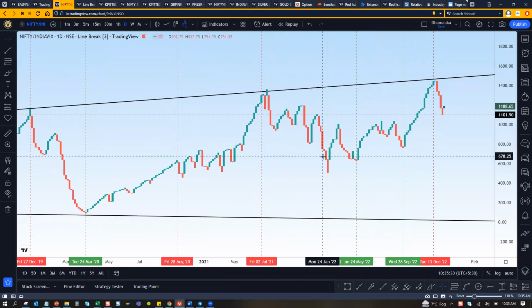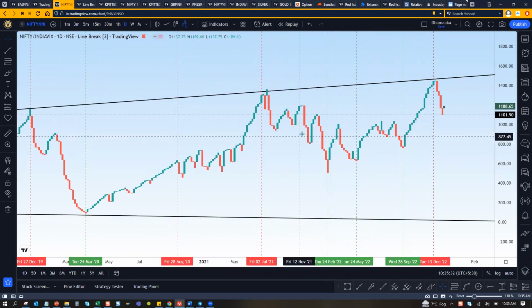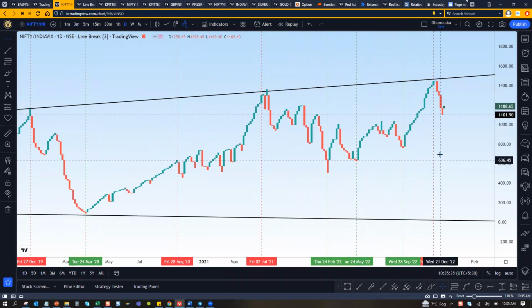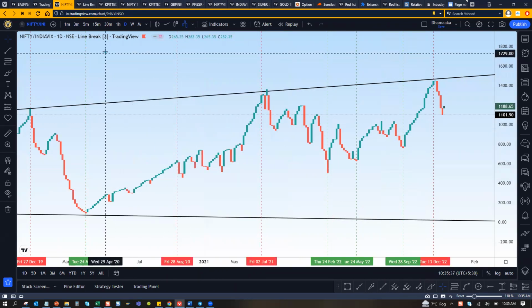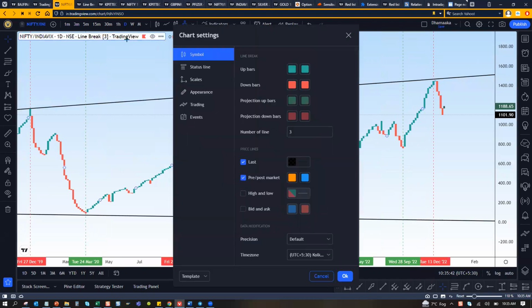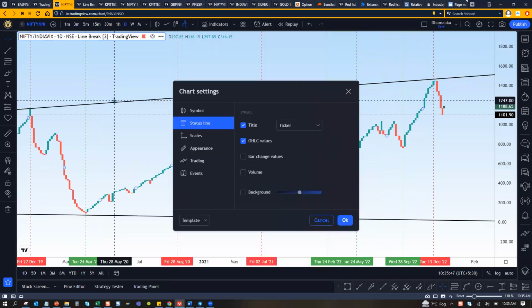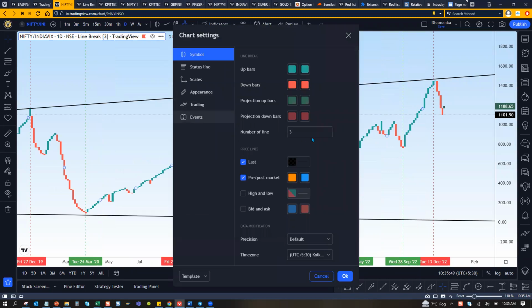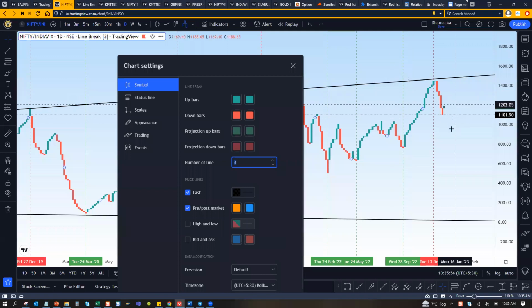It is better than the Heikin-Ashi chart in the sense that the Heikin-Ashi chart gives the smoothing of the data, and this also does the same. It's just that you can change the period over here as well. If you double click on settings, you can change the number of lines. In Heikin-Ashi, for every day you get one candle, but in here you can club a lot of candles together. Let's say I change it to 10,